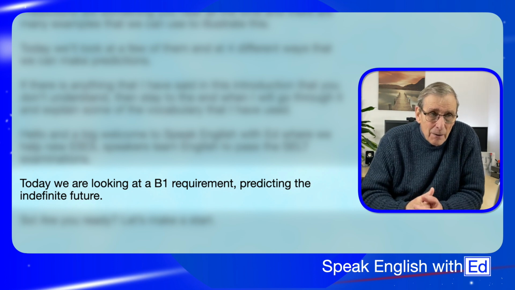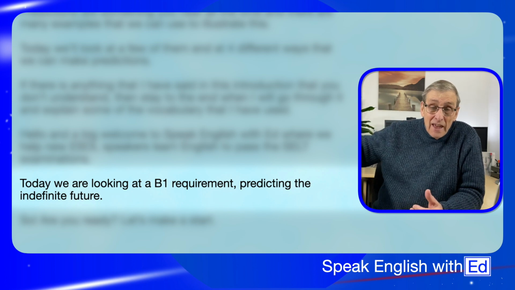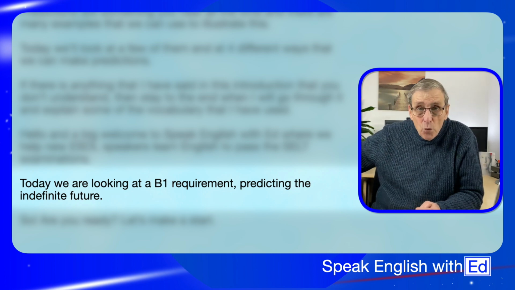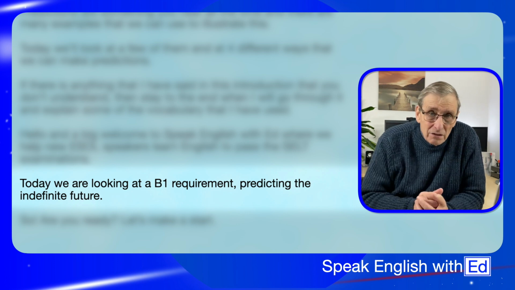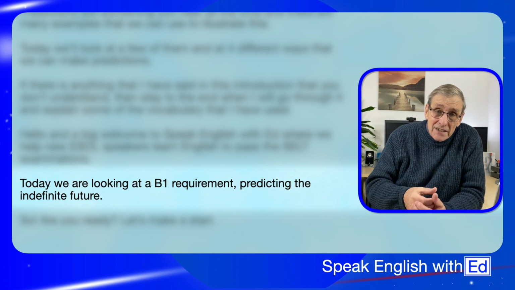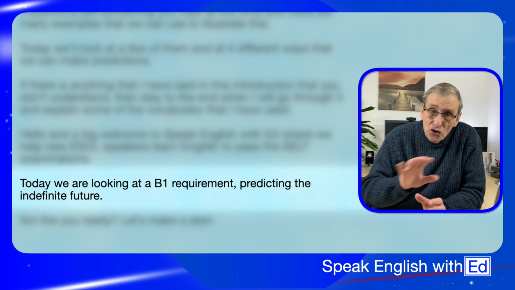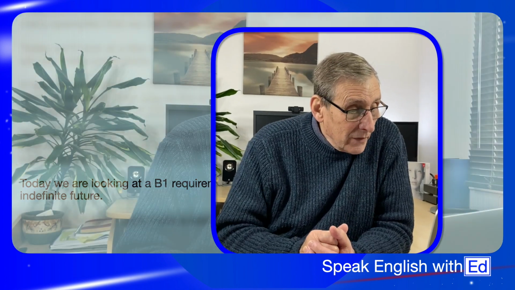So if you were predicting about next year, you could say 2023 will be very cold, or very hot, or very wet, or whatever your prediction is. You're being specific about the year. So indefinite means not specific. So that's gone through there, and I hope you've understood the vocabulary a little better. If there's anything you're not sure about, just rewatch that bit and make notes of them in your book.